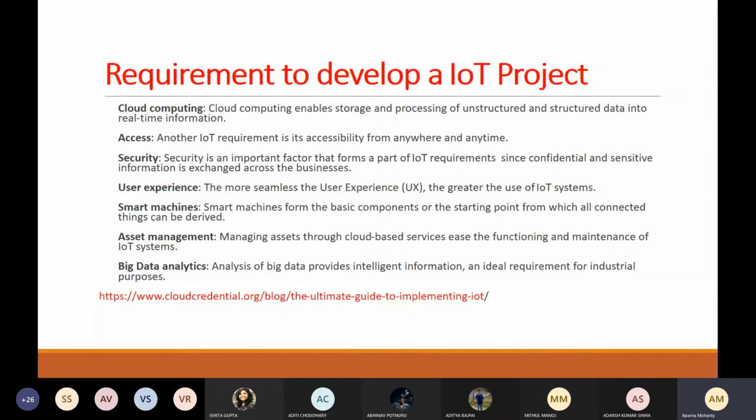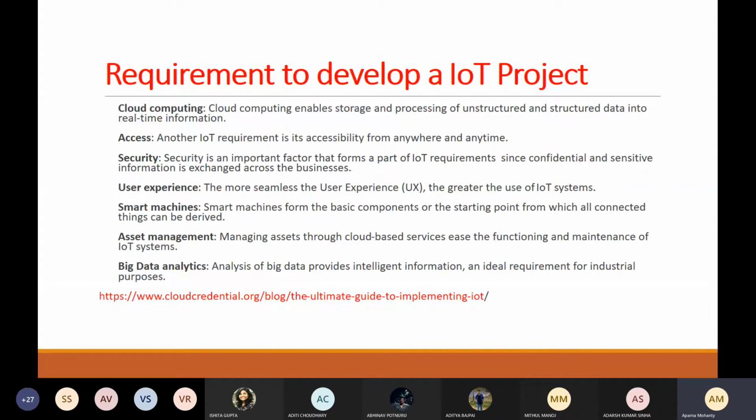Today we will move into the requirements of any IoT project. Earlier we studied the characteristics of requirements, how you define them, and what the good characteristics of a requirement are. Today we will study what the requirements are to develop any IoT project. So the first requirement is cloud computing. Obviously, if you go for any IoT product, you need knowledge of cloud computing and all the cloud computing resources that are needed. That is your basic requirement first.